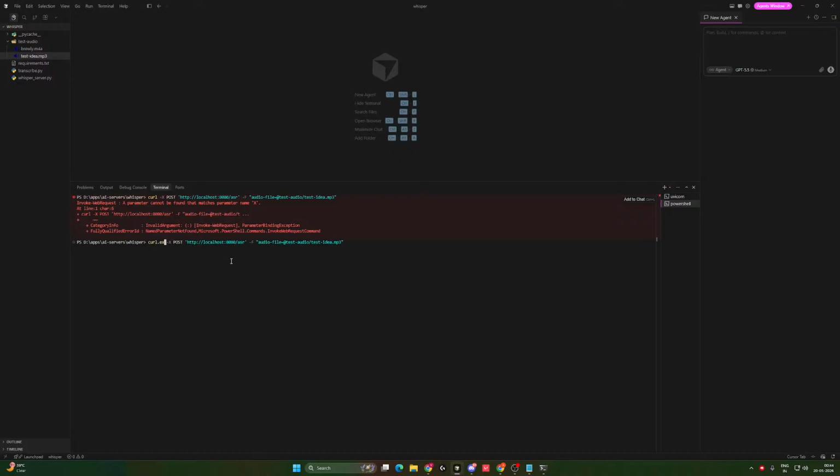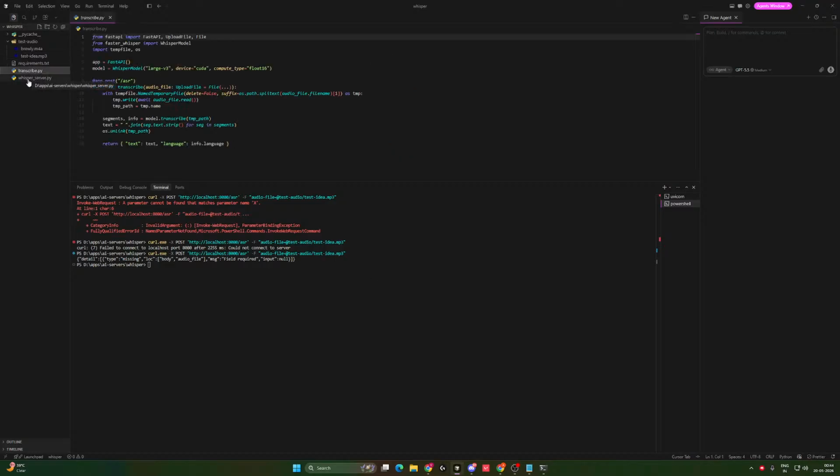It's PowerShell, so that's why. 8080, not 88, it's 8000. So field required, input null. Wait, let me actually see what it needs. Audio file that read.